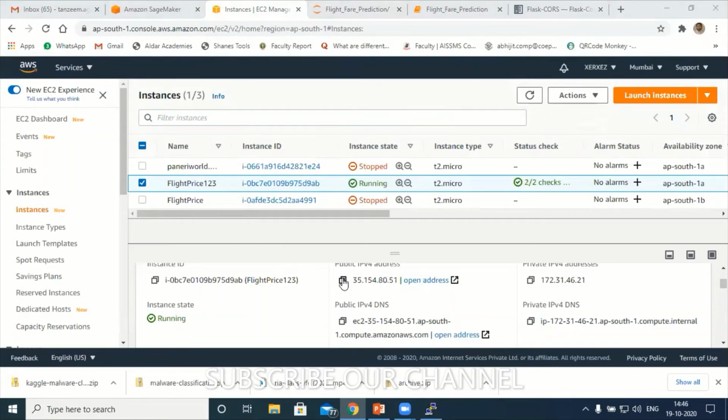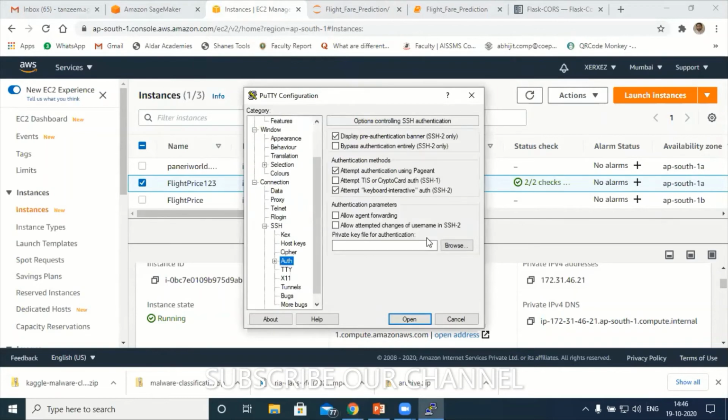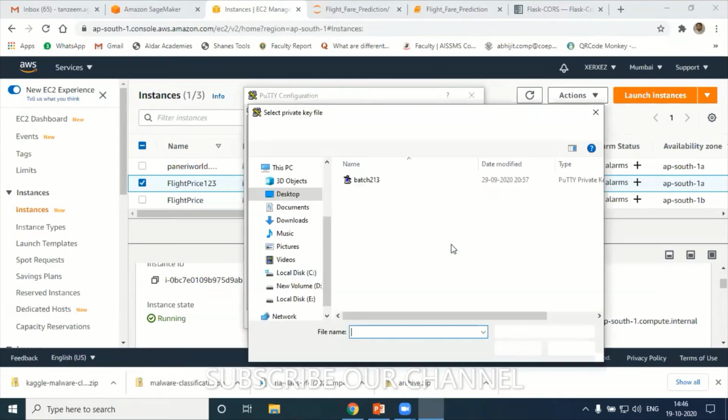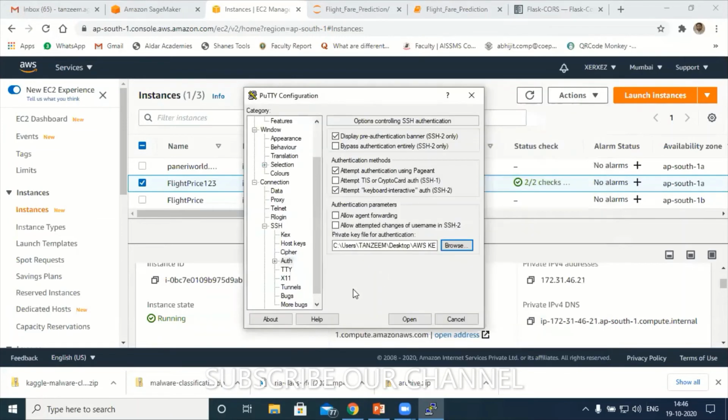Next is PuTTY. Go to PuTTY, SSH, Auth, Browse. Select the PEM file. Next, open it.